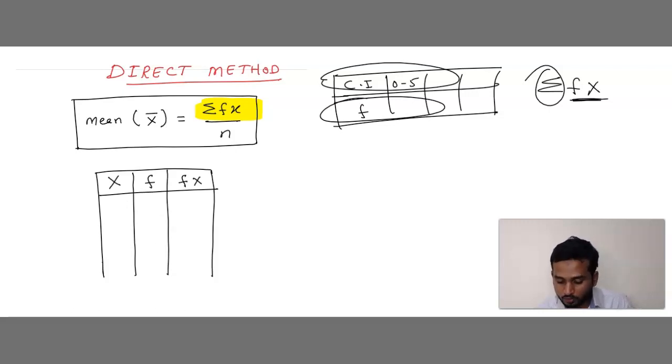Now after that, see, this is the structure of the table. First of all, you should not draw everything. Here we want fx, so we have written fx. If we want some other value, then we write that value and find it separately.